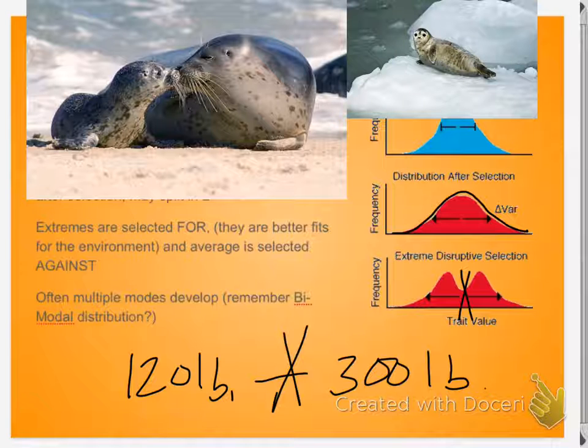And if they're going to try to compete with those big ones, they're not as tough and scary. They're not as able to put on a good fight or put on a good bluff. So if you're a predator and you're looking at a middle-sized harbor seal and a big guy, who are you going to eat? I'm not fighting the big guy. But you look tasty, sir. So we tend to see this pattern of disruptive selection where we end up with both extremes, but being average really isn't very good.